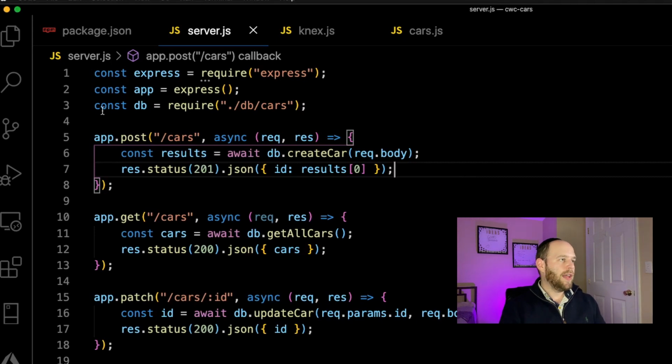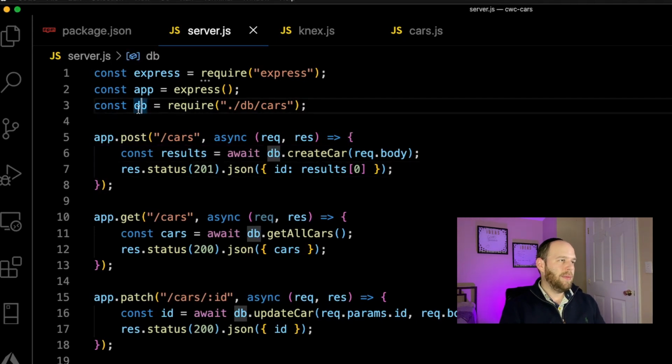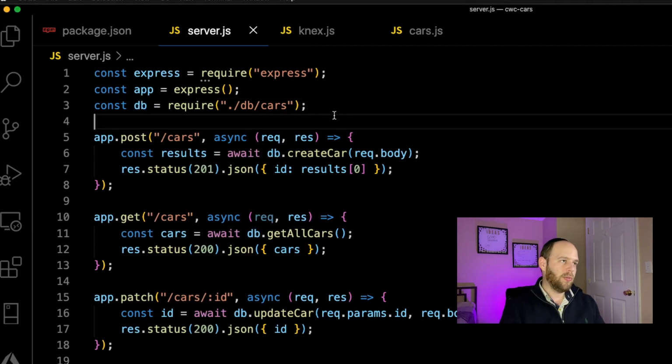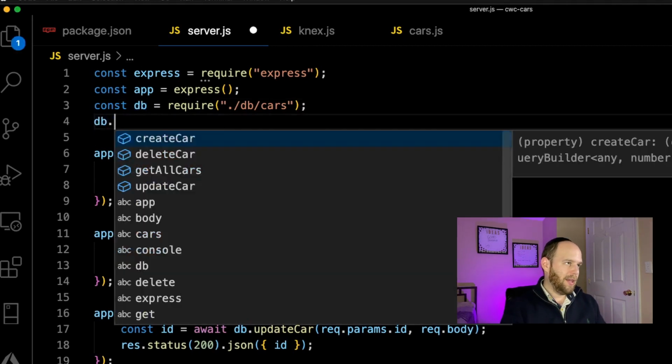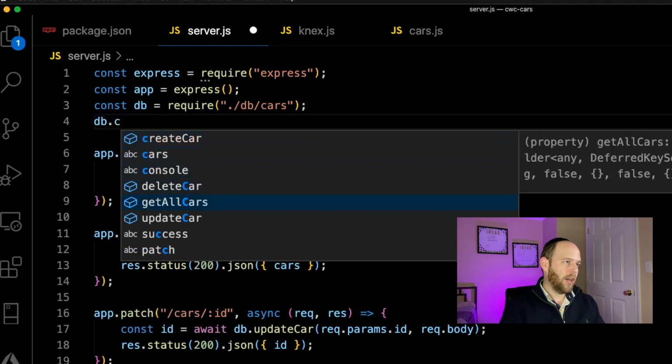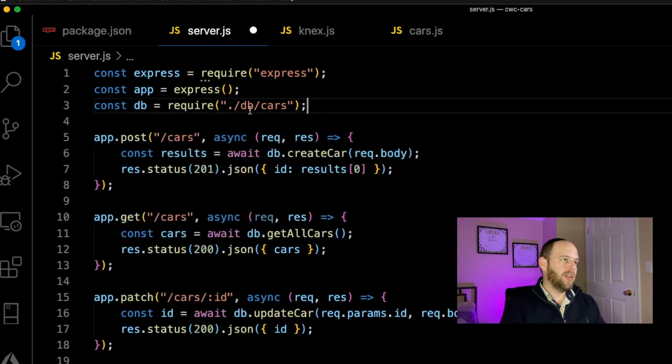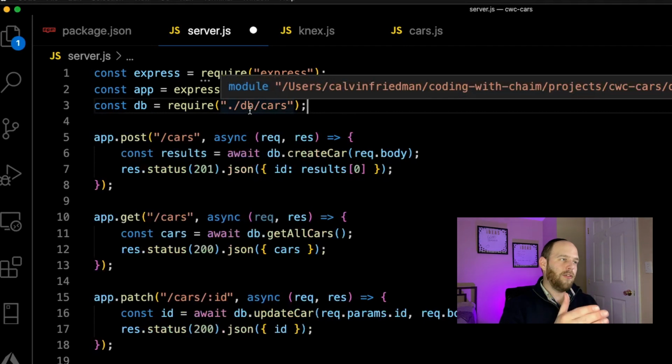So you'll notice right over here on line 3, I'm importing this db object, which references that object that has those keys on it, like db.cars. In other words, I can do db.createCar, db.deleteCar, getAllCars, right? So we actually go to the /db folder, and within that folder,